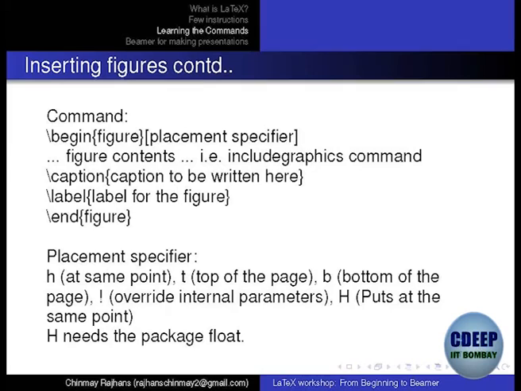You can try this. Write begin figure, write square bracket capital H, write the include graphics command, just copy paste it, put backslash caption, put some caption, backslash label, put some label, end figure, and just run it. Your same figure will come on the right hand side, only difference will be this time it will come with a caption. And because we are decorating it, after begin figure you can also put backslash begin centering, begin center, end center, or backslash centering. If you do that, your figures are center aligned. If you want right aligned or left aligned, after begin figure you just put that. So that particular environment will be aligned according to what you have put.